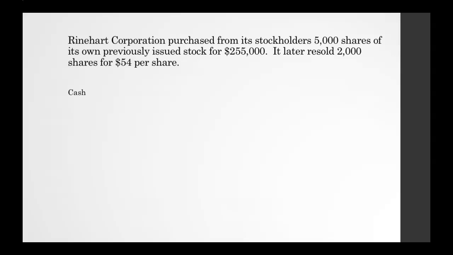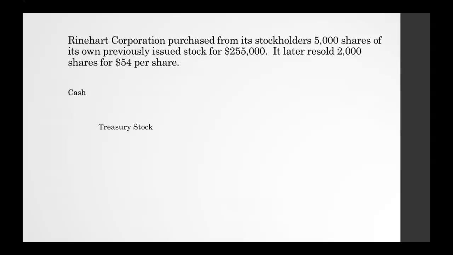So we're going to be receiving cash, right? So we need to make sure that we debit our cash. And we're selling treasury stock, so we credit our treasury stock. And you'll notice there's quite a gap in between our cash and treasury stock account here, right? It's because we're going to need another account in between those.